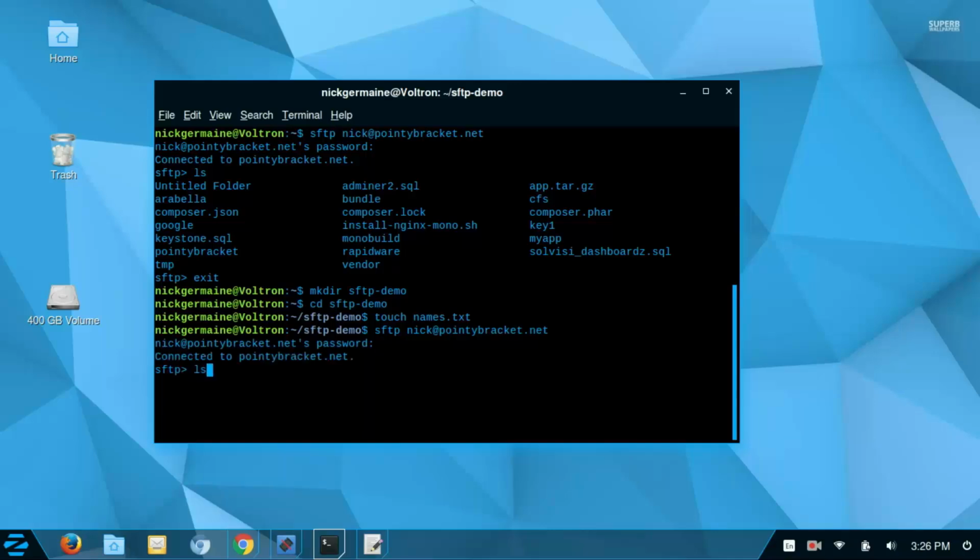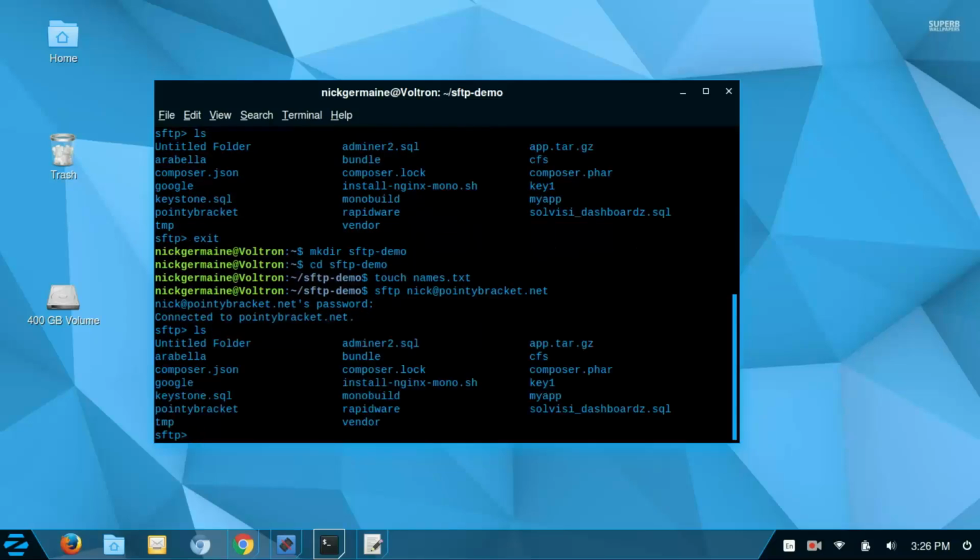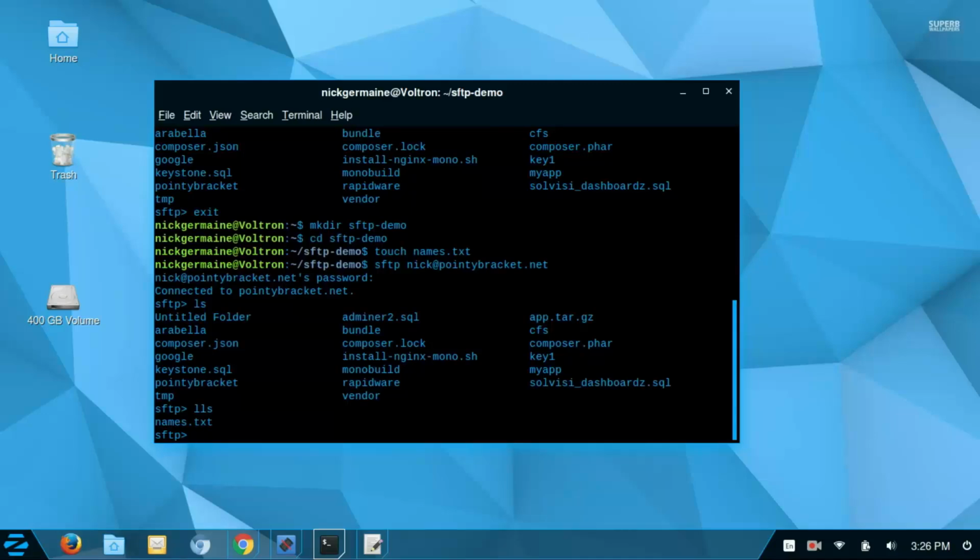Now if I run ls, I get the remote directory's current directory listing. If I type lls, I get the local listing of the directory that I'm in on the local host. And so here we can grab files and transfer them to and from both machines. So if I wanted to put names.txt onto the server in the current directory, what I would do is type